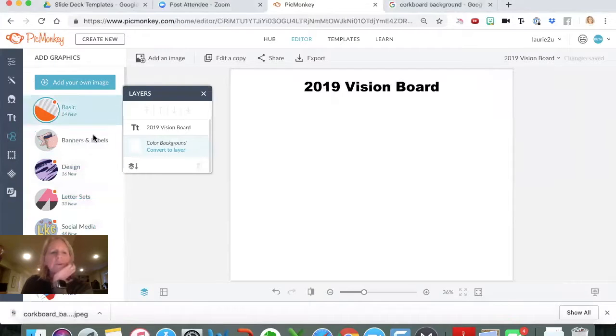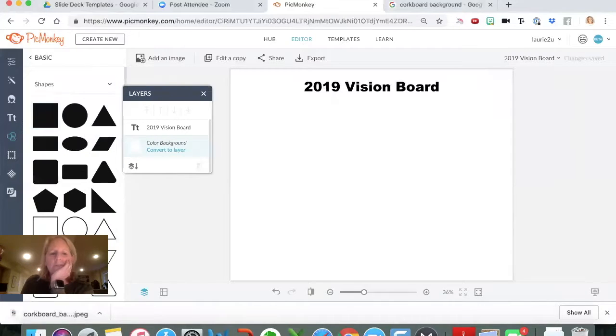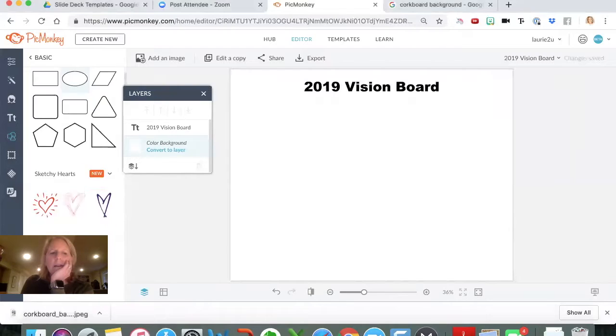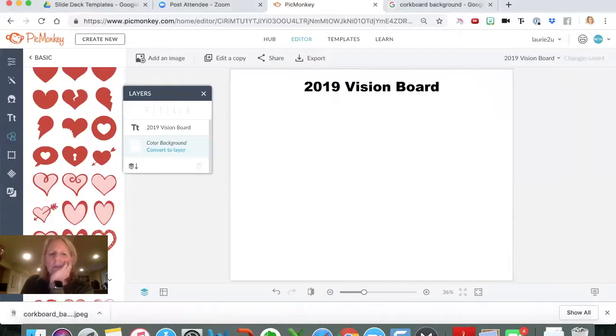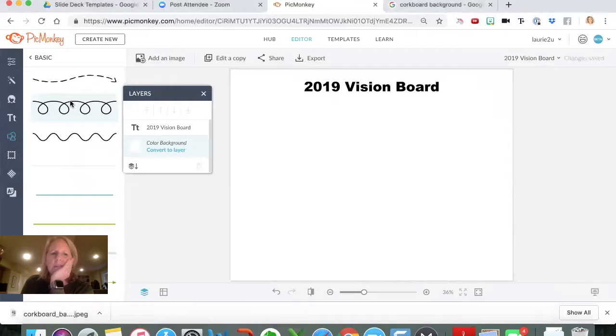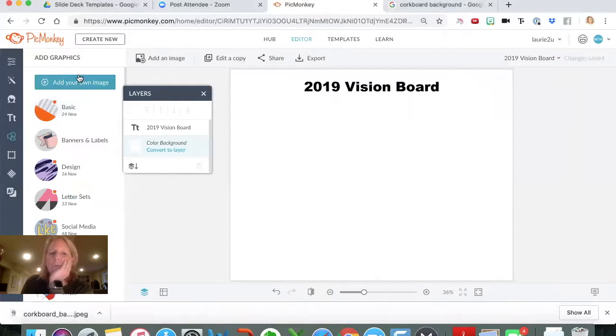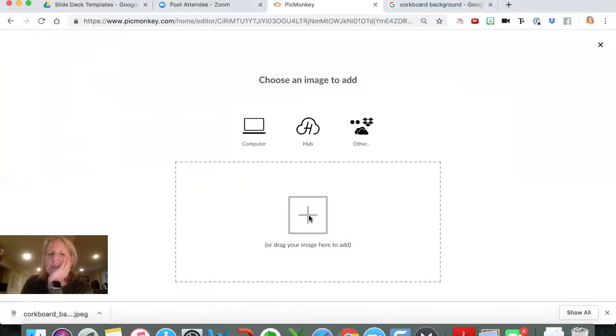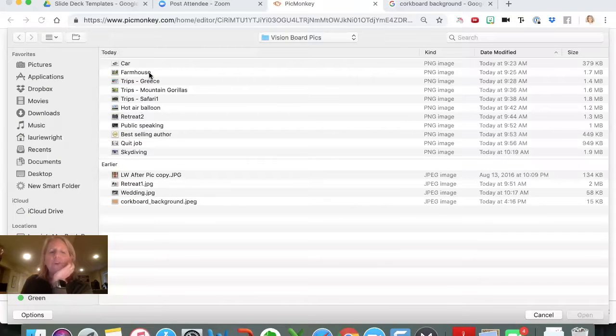So the basic is where you can bring in squares and triangles and hearts and, you know, all kinds of doily hearts and labels and lines and all kinds of things. But we're just going to bring in our own images, which is at the very top. So for now, we're just going to focus on that. If you like to drag and drop, you can drag and drop from Finder. I usually just, old-fashioned way, go to the folder and pick it up.